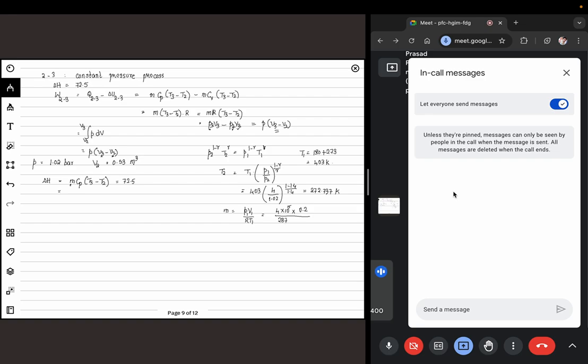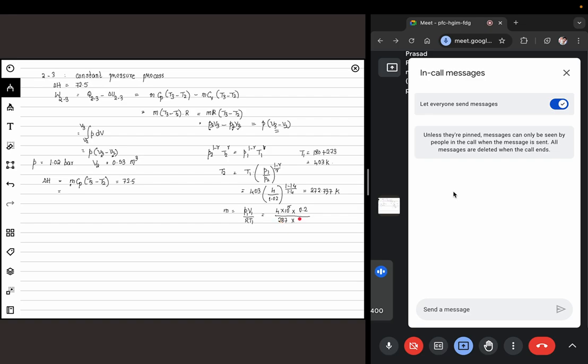Again, just to reiterate, this R should be in kilojoule per kg per Kelvin, not the value of R that you would usually use. 8.314 is with respect to moles. We have to convert it into the rate. So you can refer to last week's lecture where we were discussing, after you assume that air has a certain percentage of nitrogen, oxygen, CO2 and argon gases, the percentages are usually specified. And from there, you can calculate the equivalent R value for all of these combined, and equivalent molecular weight as well. So the value comes to around 287 kilojoule per kg Kelvin that I am using directly here,